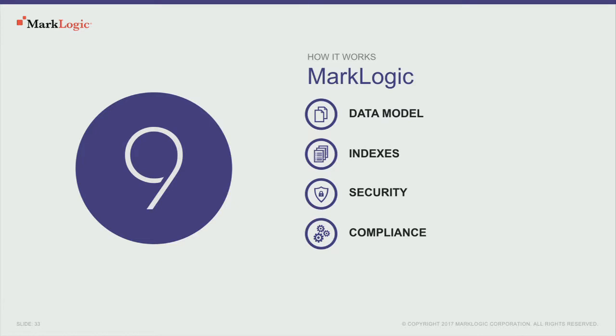So I want to make sure I have time for questions here. So what have we talked about today? So we've talked about our approach to data integration. It's an iterative approach. Be able to get the data, be able to understand it, be able to model it, and be able to deliver and analyze it. And that's predicated on these 4 key capabilities in the database itself, the data model. So being able to combine documents for entities and triples for assertions about the context about those entities.